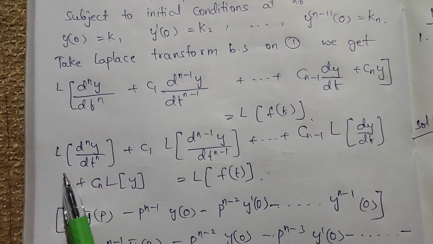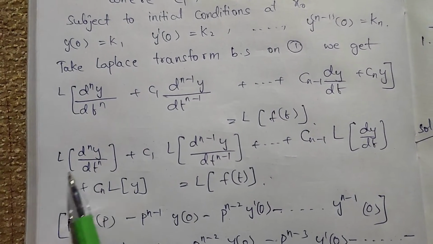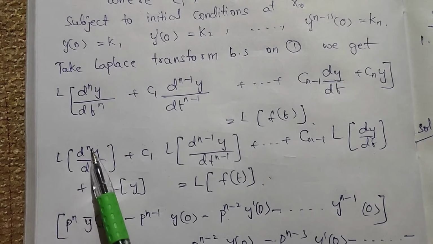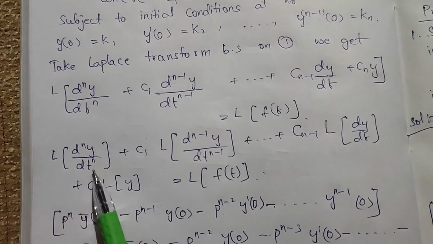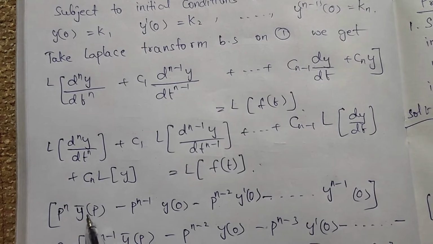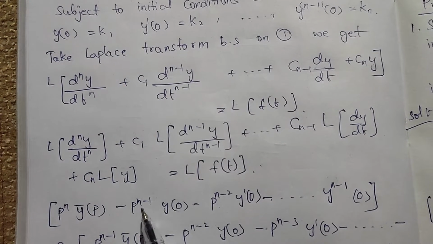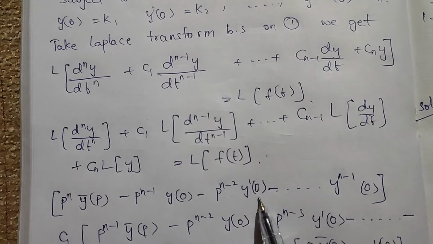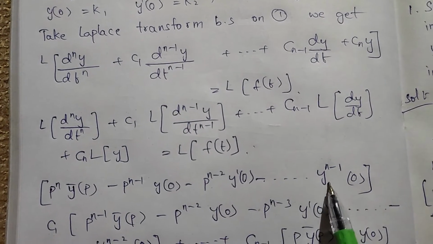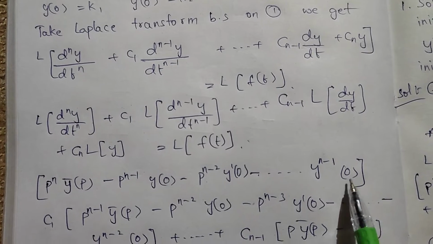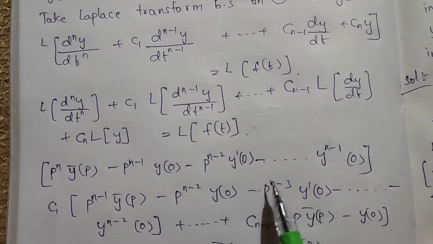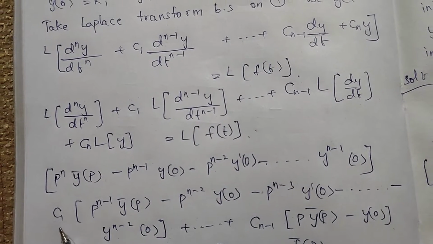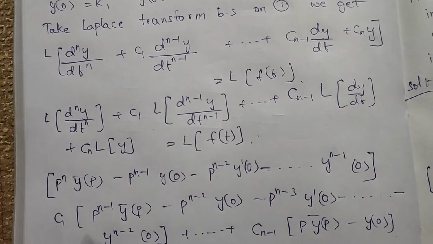So now we'll substitute the value of Laplace transform of d power n y divided by dt power n, that is p power n into y bar p minus p power (n-1) into y of 0 minus p power (n-2) into y dash of 0 minus so on till y power (n-1) of 0, plus c1 into